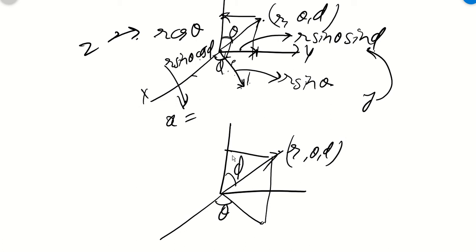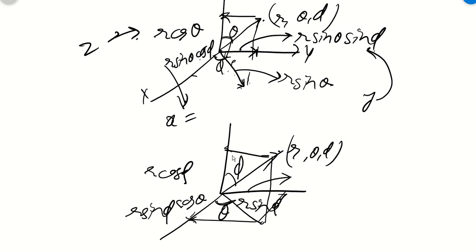Okay, like what will be the component vector? So this will be r cos phi and this will be r sin phi. And now if you see the components, x component and y component, then it will be r sin phi, and then this is the theta angle, so cos theta, and this is the phi angle, theta angle from the y direction, it will be r sin phi cos theta. Okay, so what I mean to say is, whatever the angle is given, if a point is given in spherical coordinates, you can easily convert this.